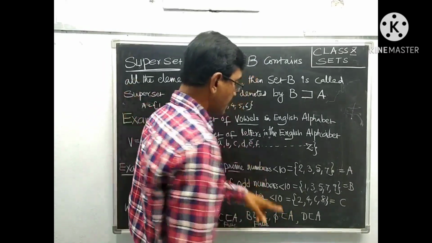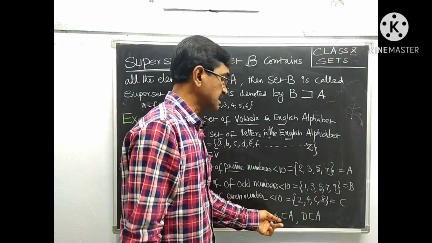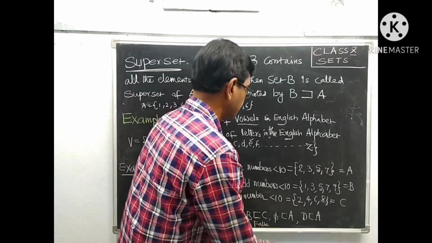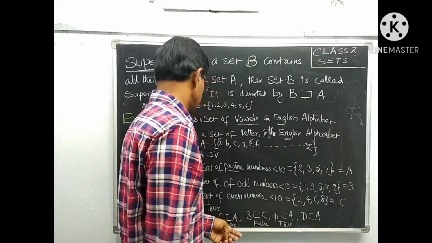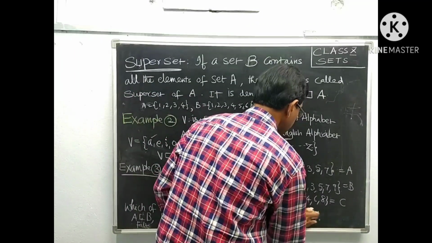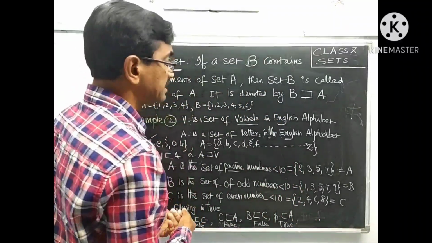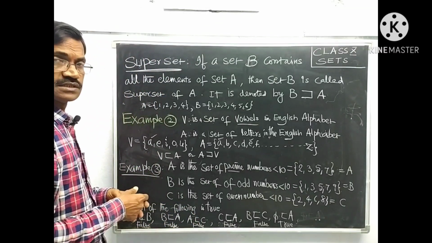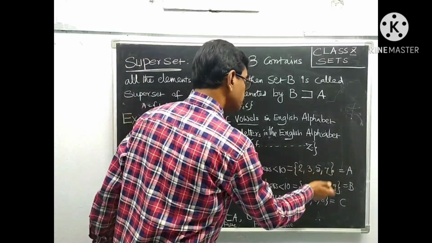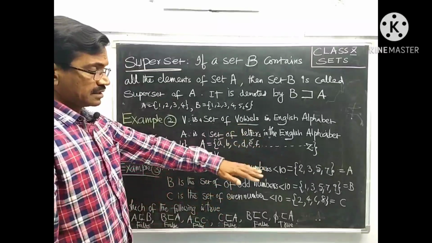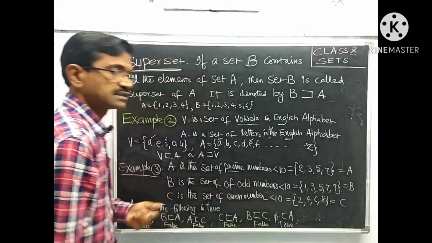Phi subset of A. Here phi means the null set. The null set is a subset of every set. The null set is a subset of any set. So phi subset of A is true. Next, D subset of A is not given here, so up to here only. In this way, we can decide whether a set is a subset or not. First of all, we have to write them in roster form. Then we can discuss whether elements belong or not. Then only we can understand whether it is correct or not.